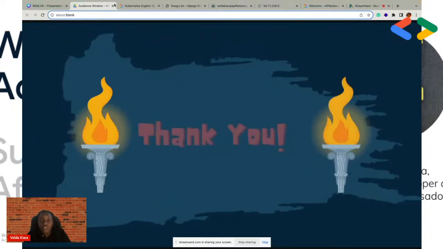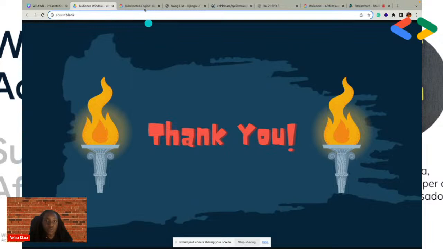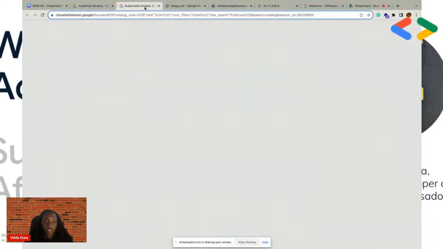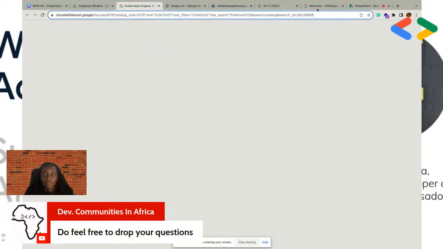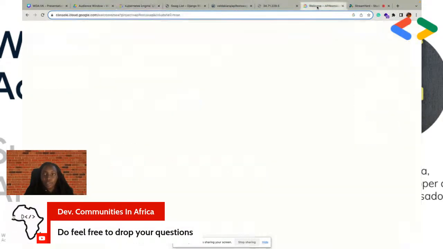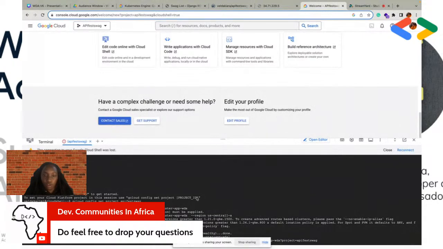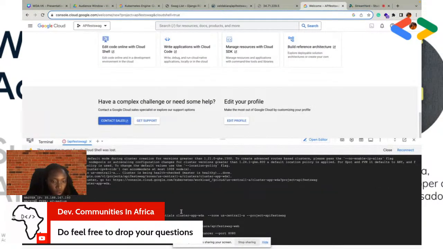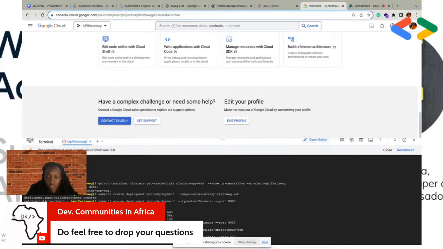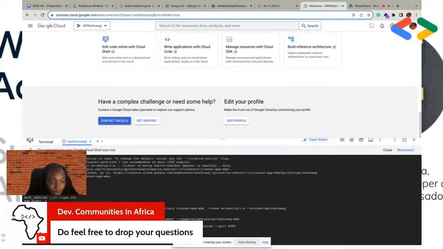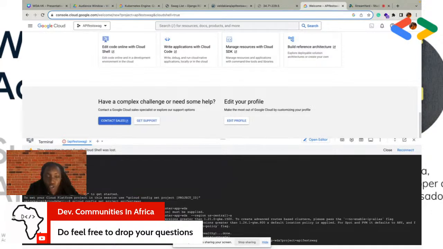So something I'd like to mention is, in this case, if you wanted to deploy this particular application, if you're using GKE, you would have to use Cloud Shell, of course, if you've interacted with the Google Cloud platform. And then, these are the different commands I'd like to list down before the call ends, or how you could easily